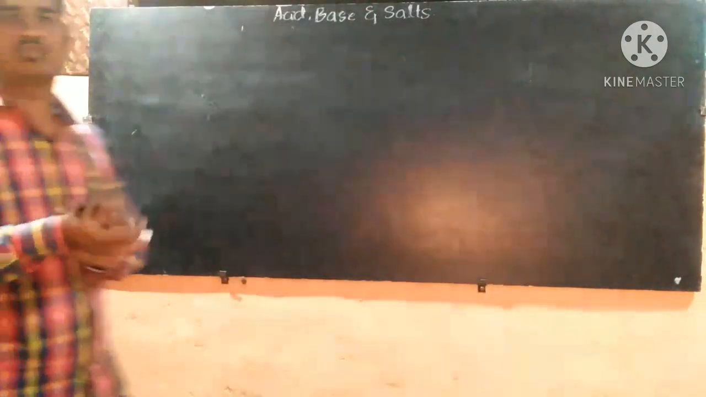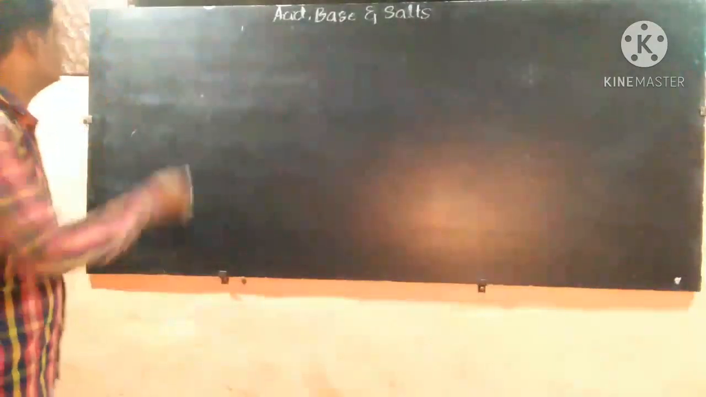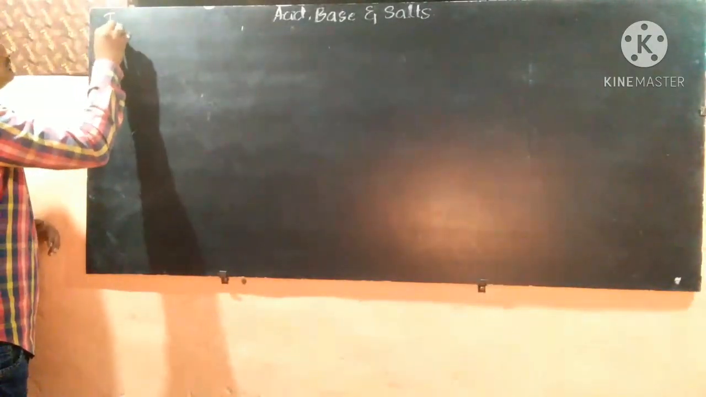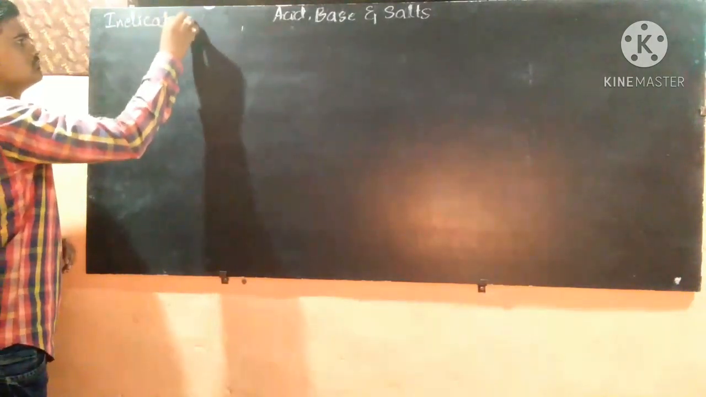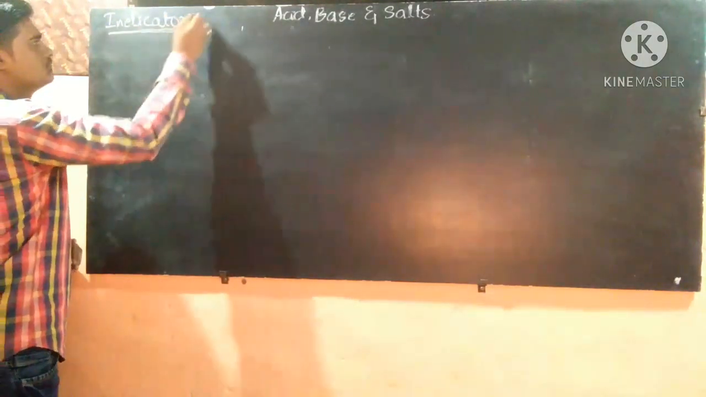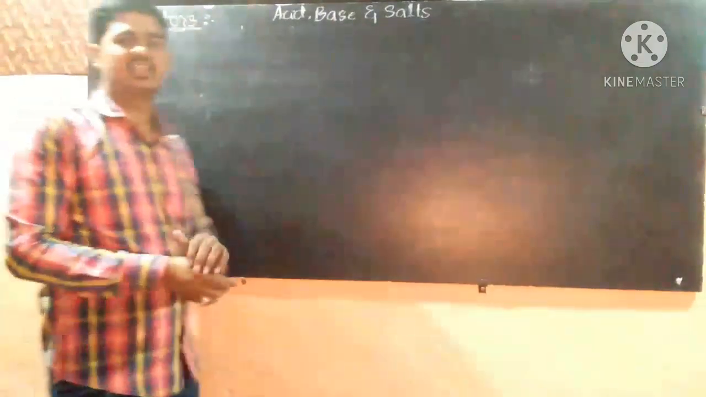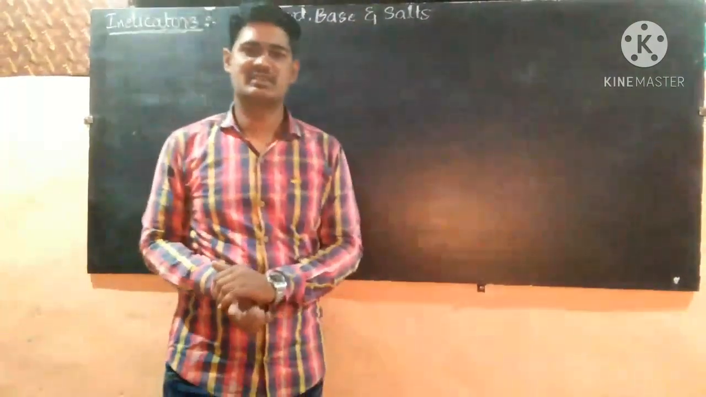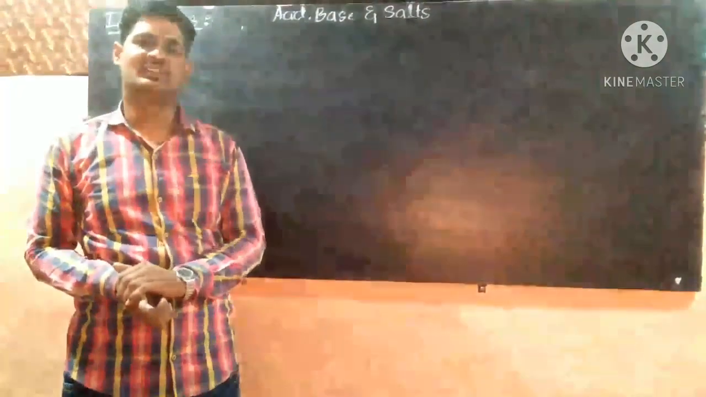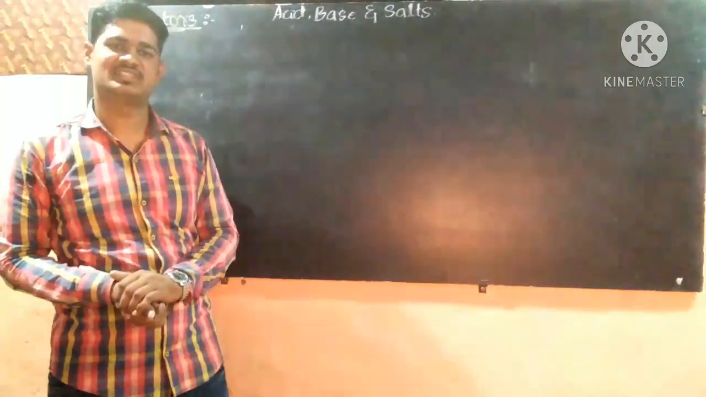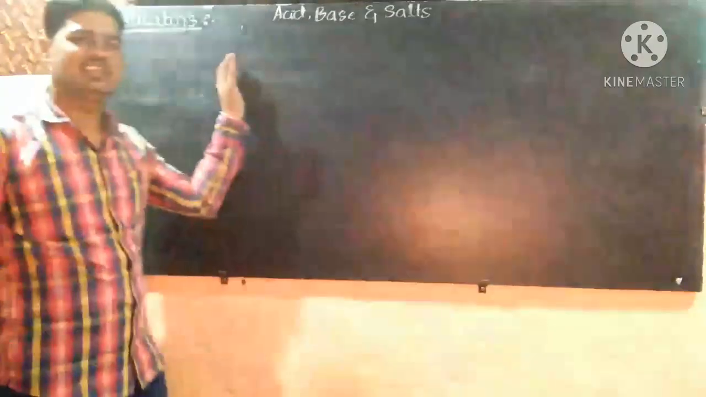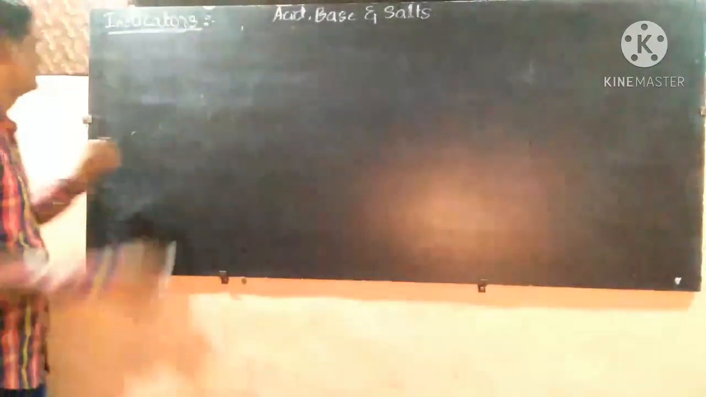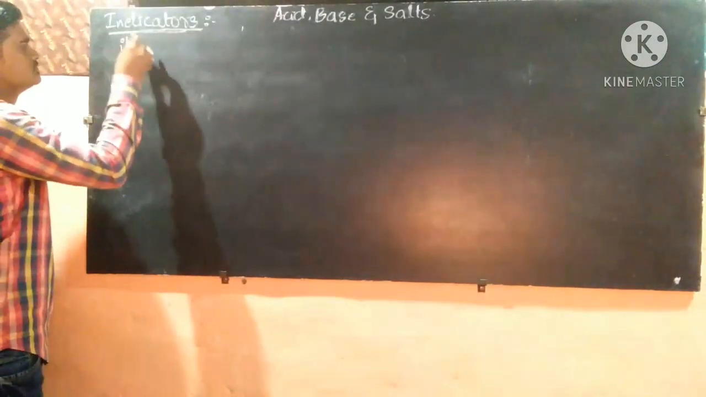Next we will study indicators. Indicators are the substances which change their color or smell when added to substances like acids or bases. In indicators there are mainly three types. The first one is